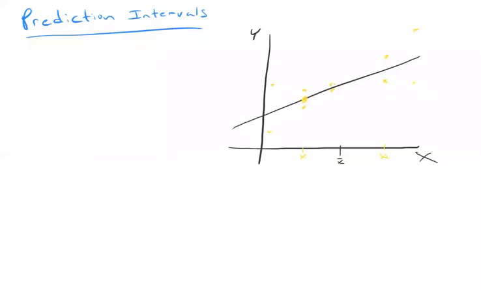What we can notice is that the width of these confidence intervals is smaller when I'm making predictions for a value of x that's very close to the mean of all the x's, and these confidence intervals for the mean of y are wider when I'm making predictions for values of x that are farther from the mean of the x's. And that comes from this particular term that was part of the equation for the standard error when we were calculating the confidence interval, right?